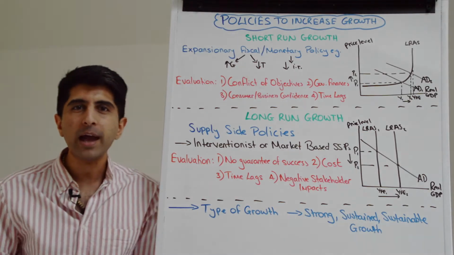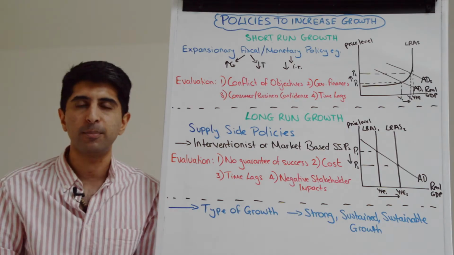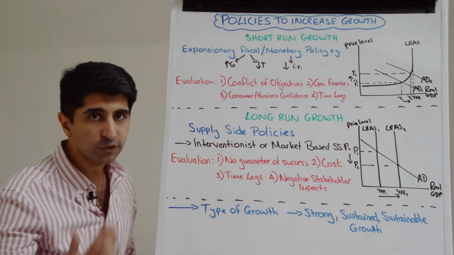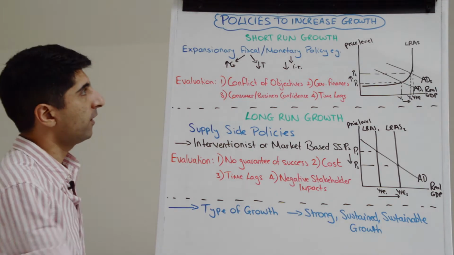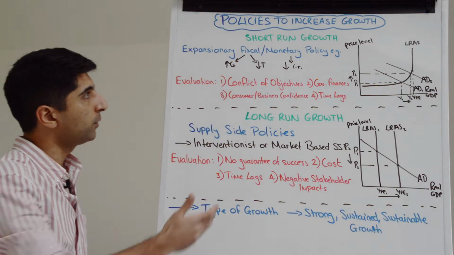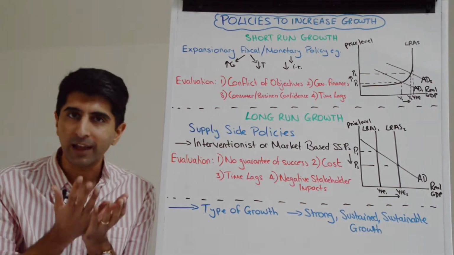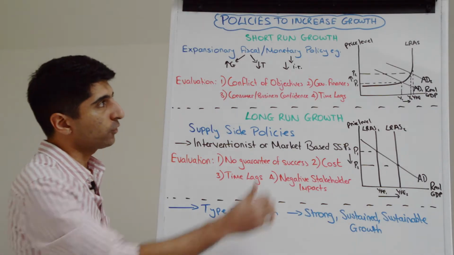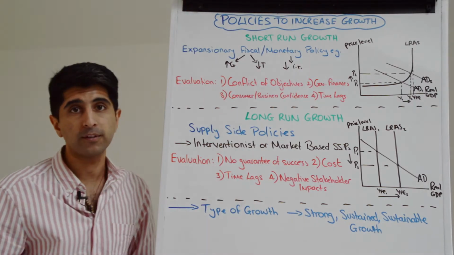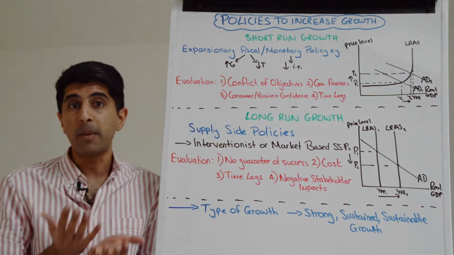What policies can do that? Well, our expansionary demand-side policies could do that. Expansionary fiscal policy or expansionary monetary policy, where expansionary fiscal policy would include increases in government spending or reductions in taxation, like income tax, like corporation tax. Or we could use expansionary monetary policy via a cut in interest rates or maybe a boost in the money